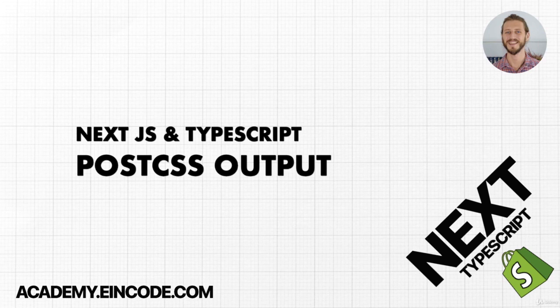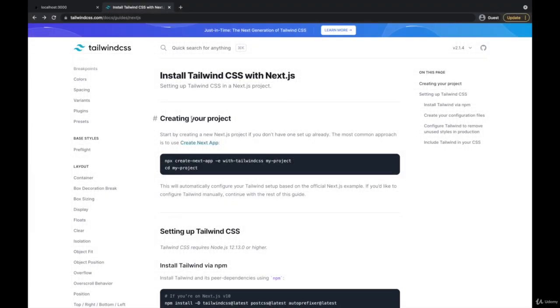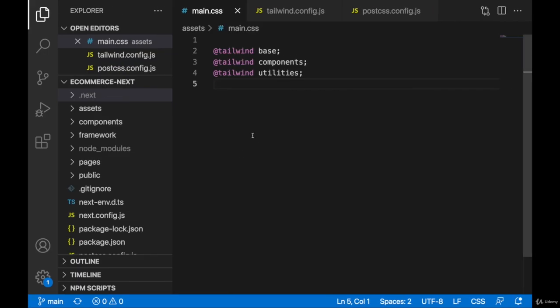In the last lecture, we introduced PostCSS and Tailwind. In this one, I would like to show you what output is produced by PostCSS. All right, let's see our file, our main CSS, because currently you can see we are providing Tailwind base, Tailwind